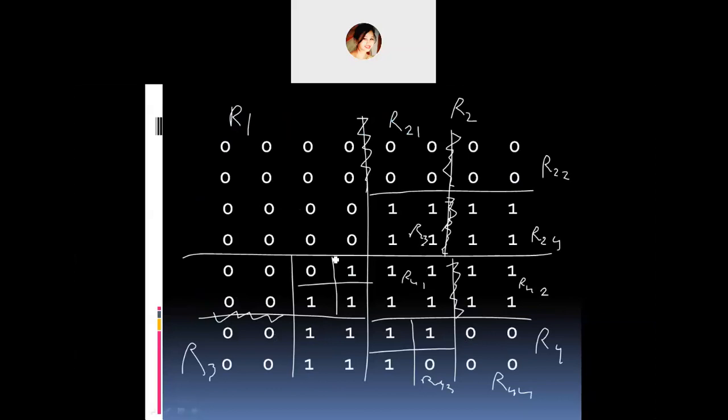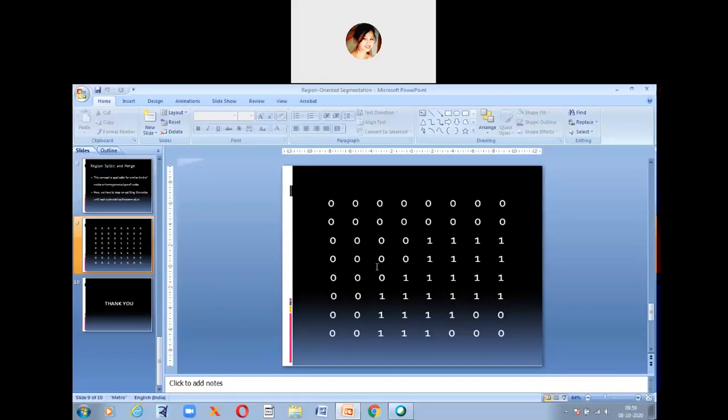We have to keep on splitting the nodes until each node has the same value. So we kept on splitting it until it has the same value, but after this step it is not possible, because only a single pixel value is there, right? So this is only the minimum value, this is only the maximum value, and then we draw the subtree.